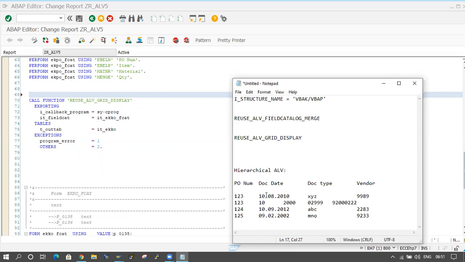I will maintain the descriptions here: PO number, item number, this is the quantity, this is the material, this is the price.